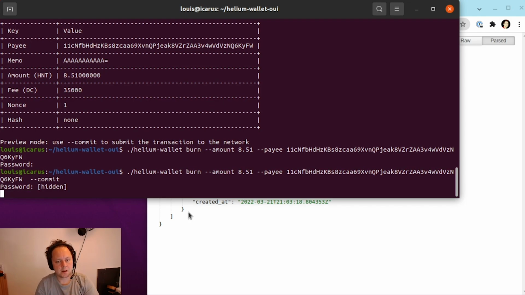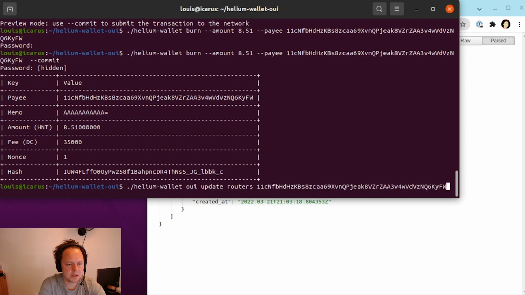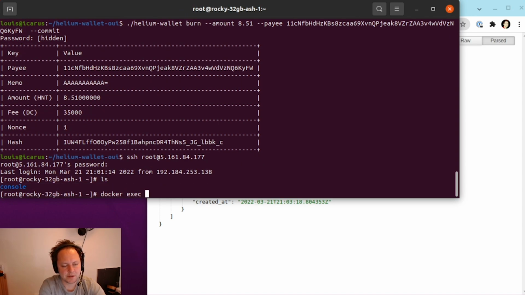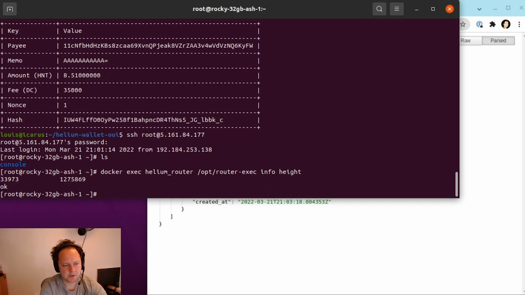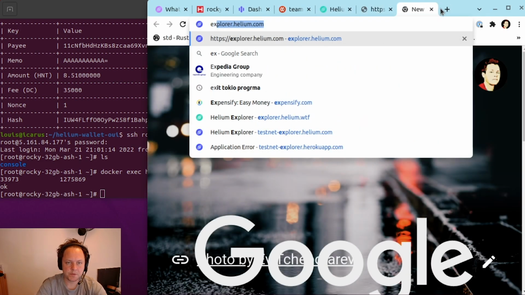Okay, we've got this key going. The next thing I'm going to do is log into the server and see how the container is doing. Earlier we did peer address. Now I want to check info height, because the thing I'm concerned about now is how far along it is in syncing the blockchain, and I won't be able to operate the state channels and do anything useful until I catch up. If I go to the Explorer now,